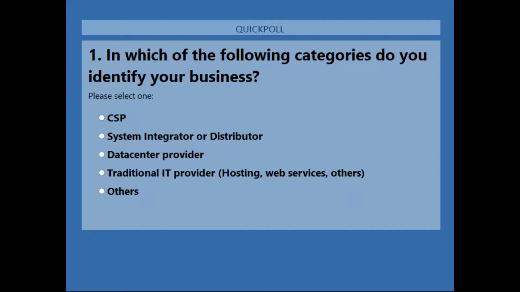Are you someone who is still offering traditional services? This will help us nail down the key points of what typical CSPs would need. I'm having a good response so far. I can see the results coming in from the poll from various people.